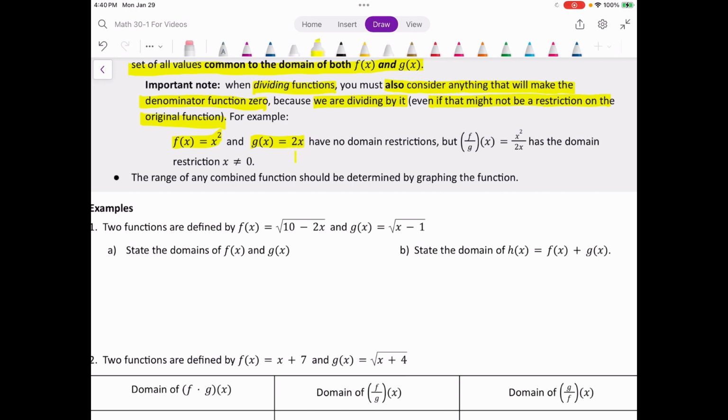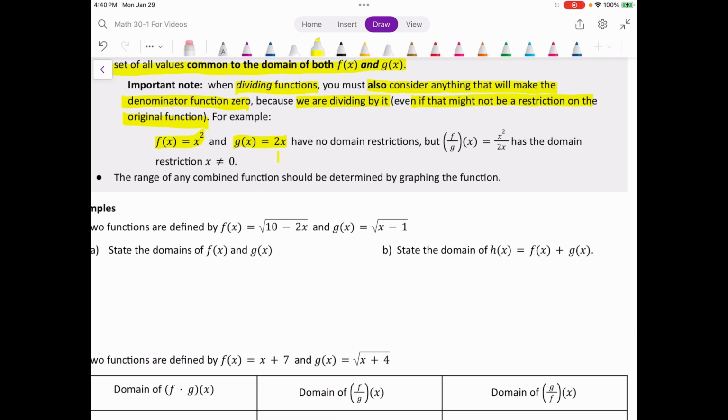That's legal, okay? Neither of those has any domain restrictions. But if I were to combine them into f divided by g of x, right? If I were to do that, now I've created a restriction for this combined function that neither of them had on their own. Because you can see for f over g of x, if x were 0, I'd be dividing